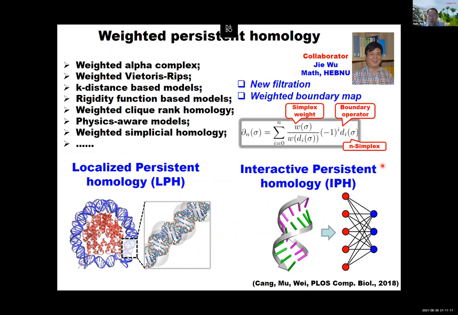So what we do is that we try to introduce certain weight into the boundary operators. By introducing this, you have some extra degree of freedom to play with the data, particularly taking into consideration certain local effects and certain interaction effects. Particularly for this interaction effect, there are very different topological information if you consider the structure and the effect